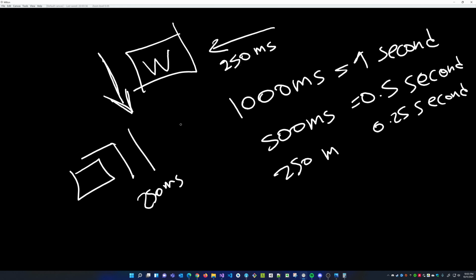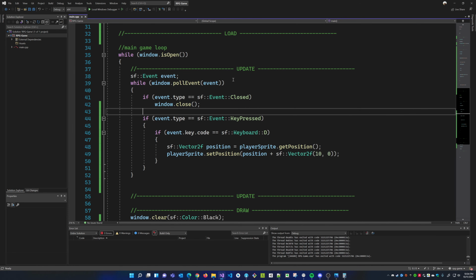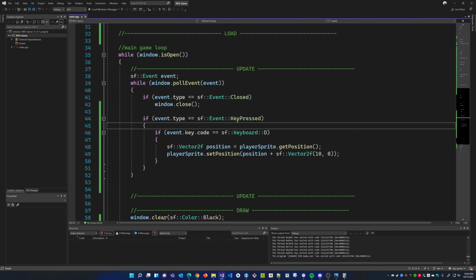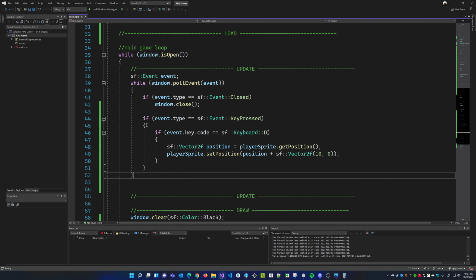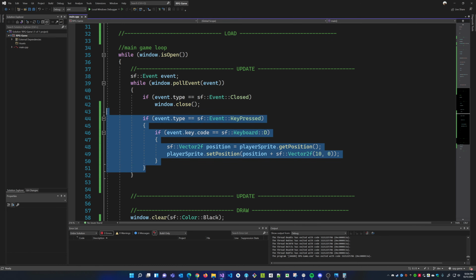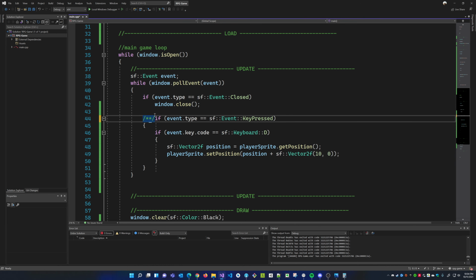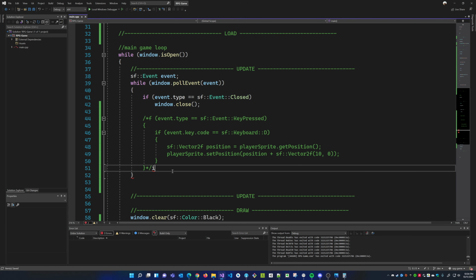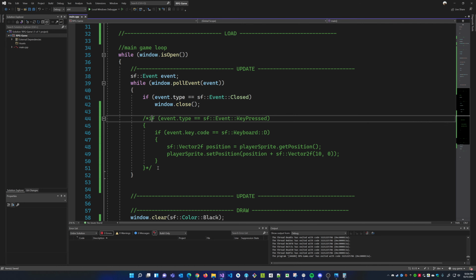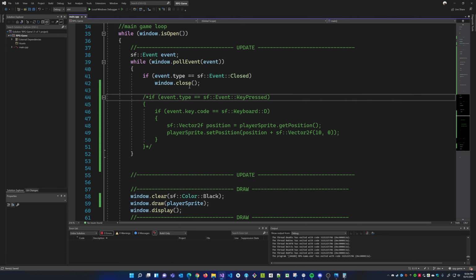So that's what happens if you handle your movement with events. If you handle your movements with events, then that's going to happen. We don't want that. That's why, whenever we're writing code for movement, we don't want to touch the event queue or the event loop at all. So this code now is garbage. I'm going to comment out all this code. Not good code, bad code, ugly code. Well, actually it was pretty nice code, but it just doesn't work very well. So now, instead, I'm going to do this outside the event loop.